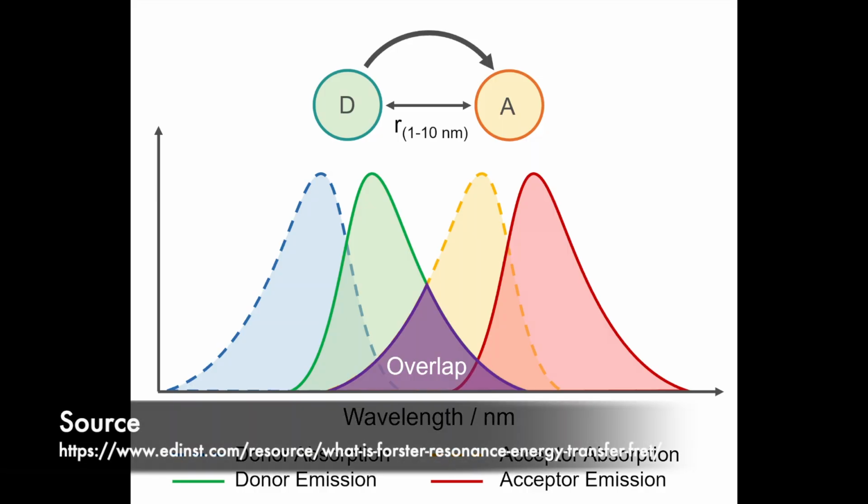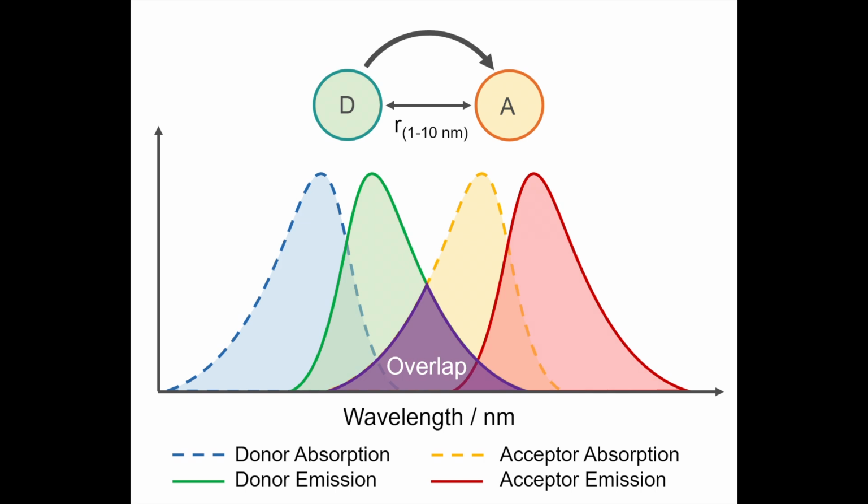kind of loosely 1 to 10. In this distance, if this donor and acceptor molecule are within 1 to 10 angstroms of one another, what'll happen is, let's say you shine this blue light on the donor, and the donor and acceptor molecule are close enough to the point where they can have FRET happen. You won't see any of the green light emitted from the donor,